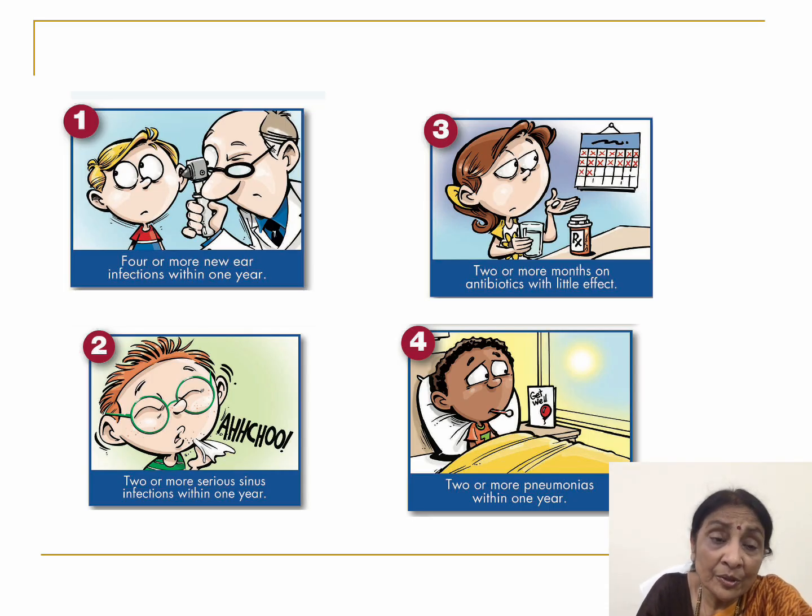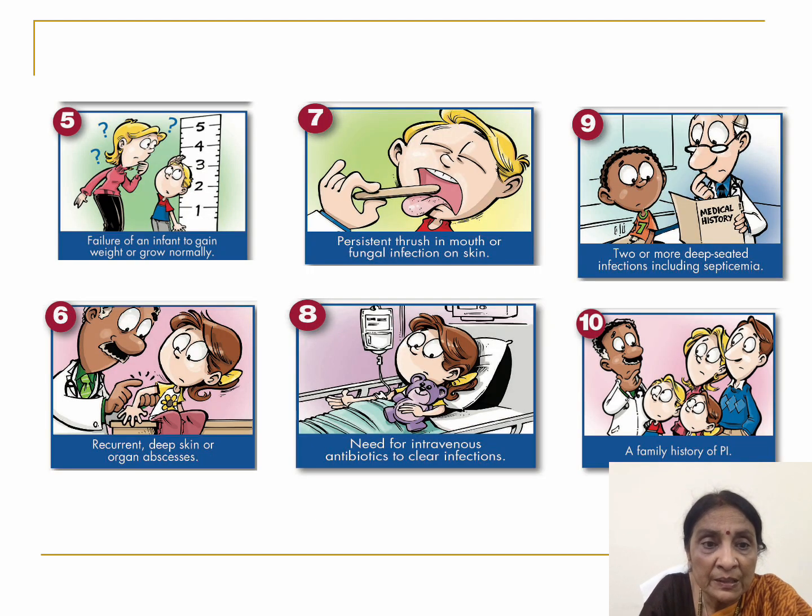Here is a picture of what all you should suspect PID when 4 or more new middle ear infections in 1 year, 2 or more serious sinus infection in 1 year, 2 or more months of antibiotic with little effect, 2 or more pneumonias within 1 year. Then it could be failure of infant to gain weight or grow normally. Could be recurrent deep skin or organ abscess, persistent thrush in the mouth or fungal infection of the skin, need for intravenous antibiotic to clear infection, 2 or more deep-seated infection including septicemia, and a family history of